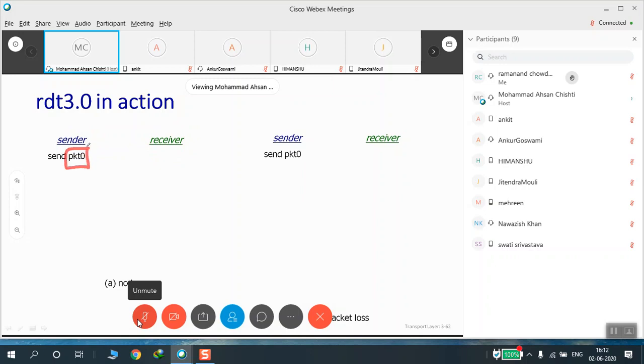Send is the instruction of sending this packet. So it sends it, and the receiver here, RCV, receives packet 0. Until the receiver replies back and says that it has received it, the sender will not send the next packet. So the sender is waiting here.